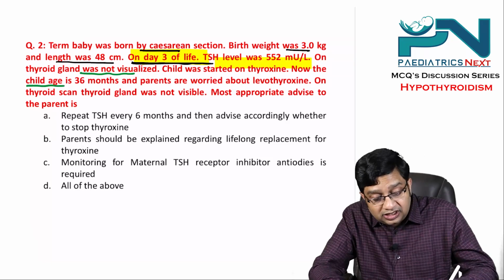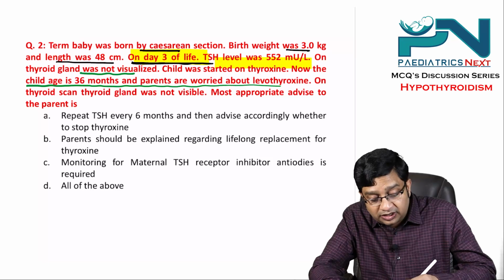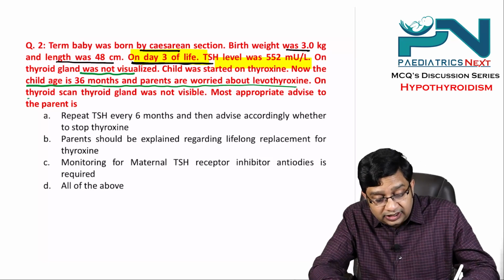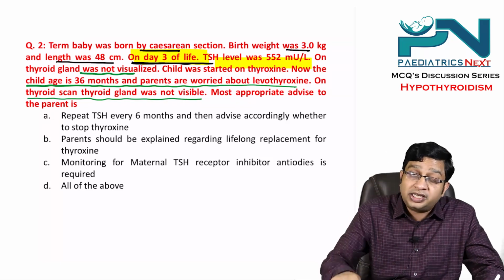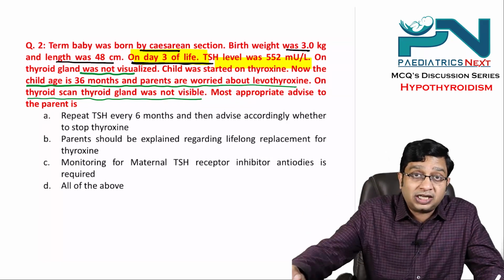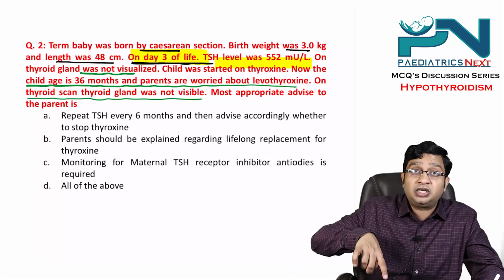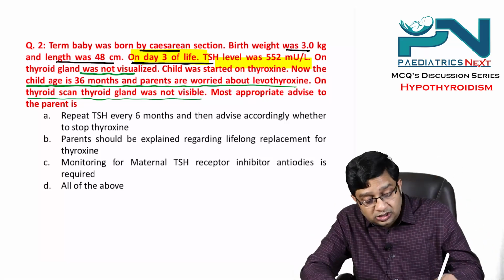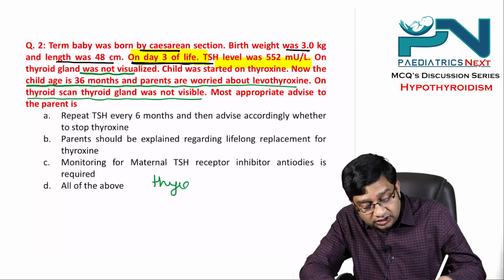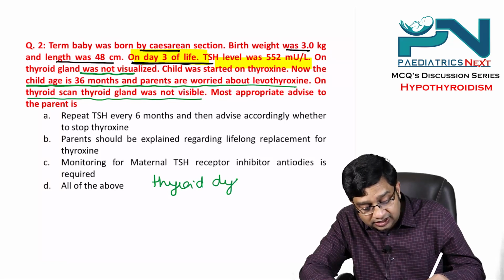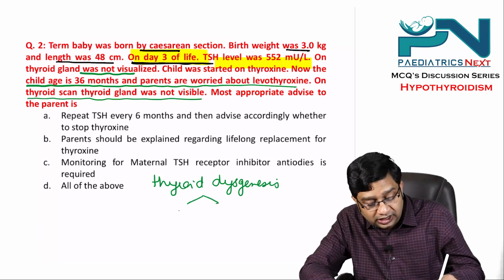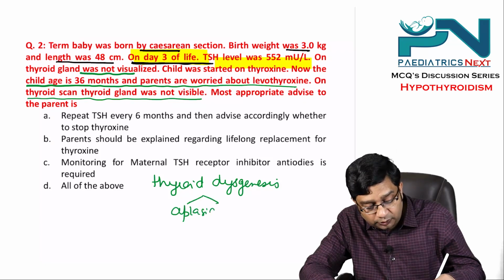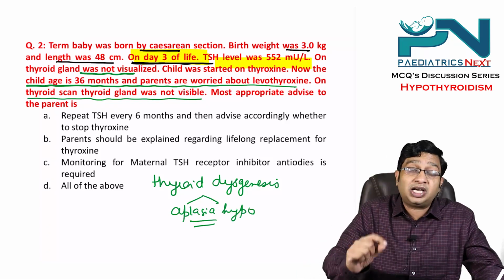Now the child's age is 36 months and the parents are worried about levothyroxine. On thyroid scan, the thyroid gland is again not visible. Right? The thyroid gland was not visible at that time also. The thyroid gland is not visible today also. So this becomes a case of thyroid dysgenesis, and this is most likely aplasia or hypoplasia, and in this case most likely aplasia, as the thyroid gland is